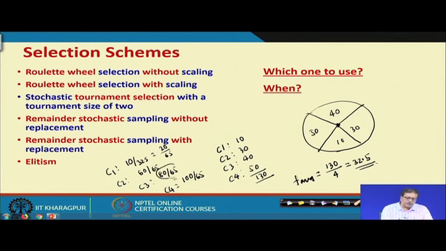Now, in this case, C3 and C4 are above average. So, you can call them 1 plus 15 by 65 and 1 plus 35 by 65. So, C3 and C4, if I take F by F average, I get one string plus some more. So, what we do in the remainder stochastic method selection,